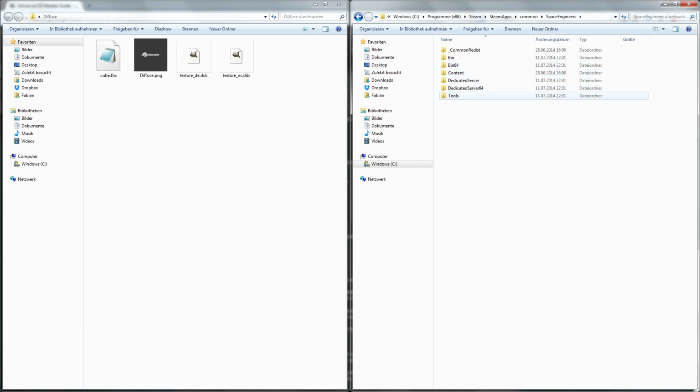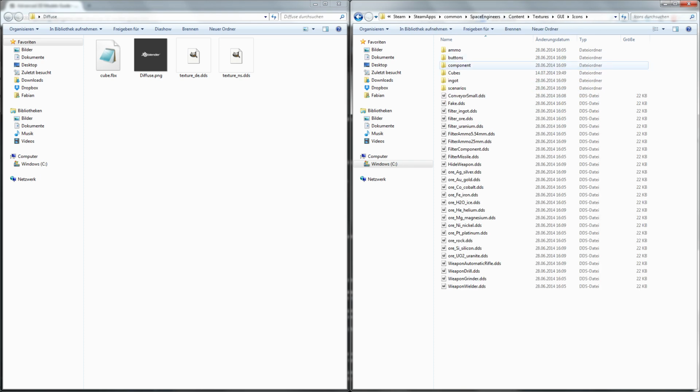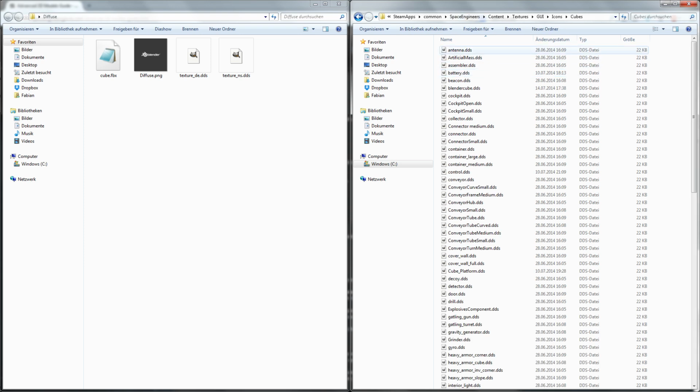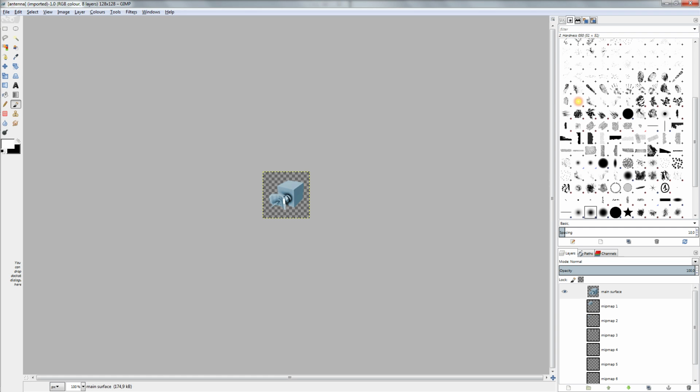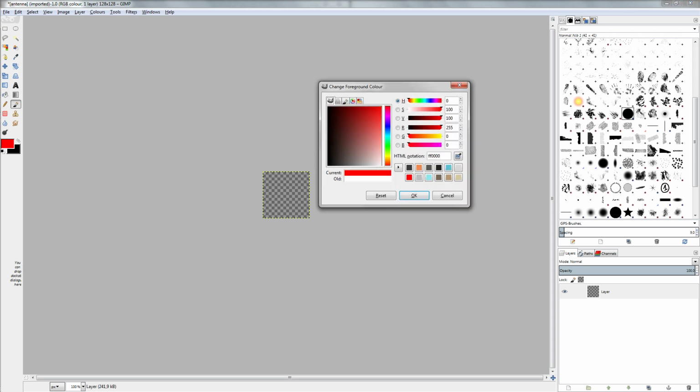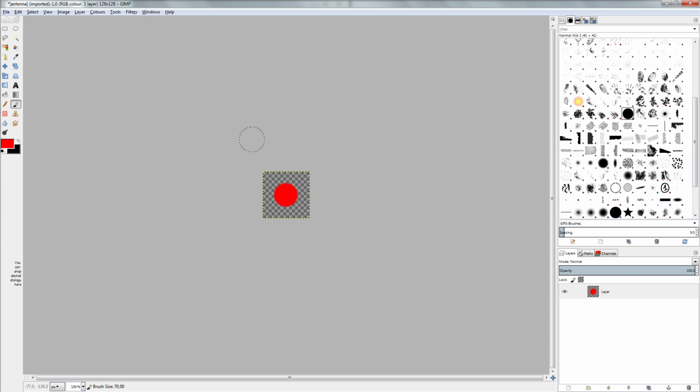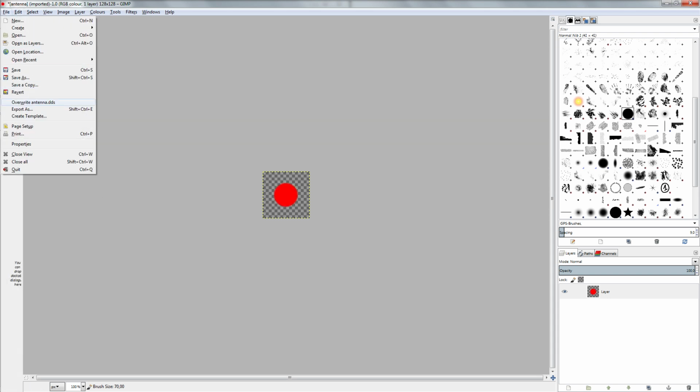Now, the first thing we want to do is find the textures for the GUI to have the correct file size. We will go to Content, Textures, GUI, Icons, and Cubes. Now we can just open one of these with Gimp. And we can delete all of these layers and just create a new one. It's just for the size of this thing. And I will just mark it with a colored dot, so it's easier to recognize for us later when we try to find it. So I will export that as,